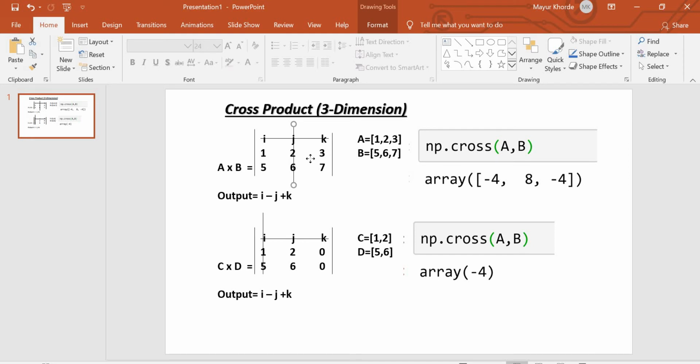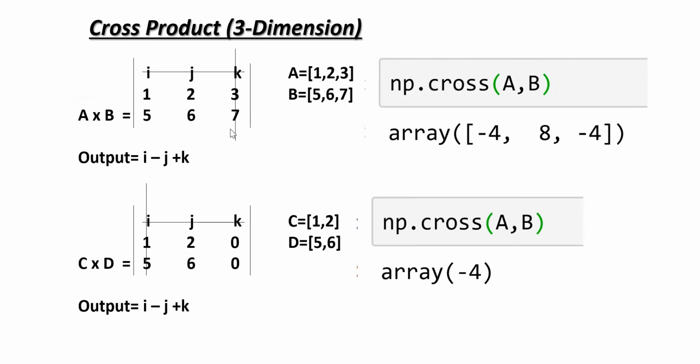Right, moving further, the same: we cross this line. Now 6 into 1, that is 6, minus 10, so 6 minus 10 is -4. There is a plus sign over here, that's why we got -4. So this is the backend work, guys. Like this, cross products work. So these are the I, J, K values.